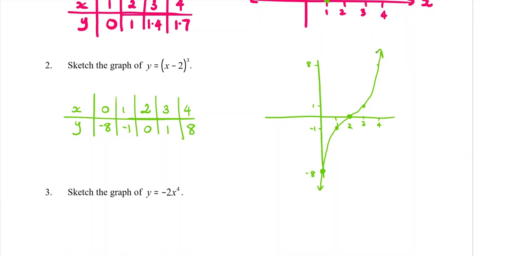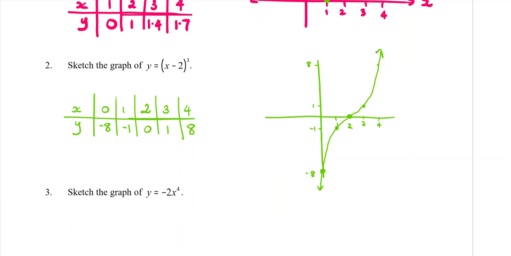Yes? Like in your question, could you just have the point of intersection? Yeah. Or do you need a y-intercept? So if I was doing this without the table, as long as I could work out where that point of inflection is, so I go, my point of inflection is at 2, mark that on there. It also happens to be my x-intercept, which is really good. Okay, and as long as I show my y-intercept, which is negative 8,